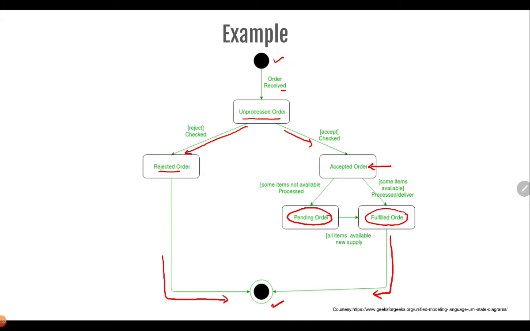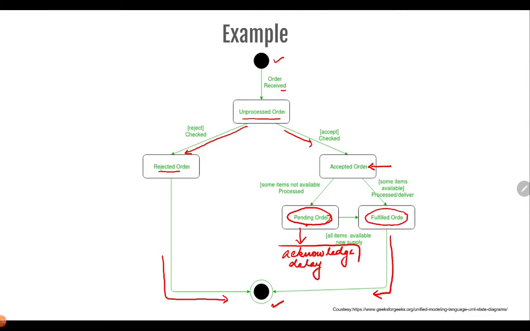And after the pending order state also, if you feel that because of the time delay, I mean the order has been pending for a long time, you can also put another state here which will represent the acknowledge delay state.